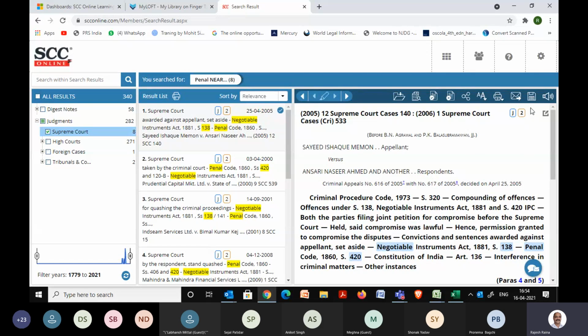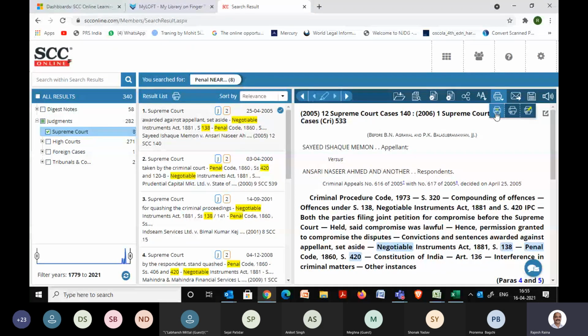So here you can see these are all self-explanatory icons. I'll just quickly rush through. That is saving a document, mailing this particular judgment, and print. Now in print, you will be seeing 3 types of prints. One is true print, the other one is non-true print, and the third one is non-true print with highlight.